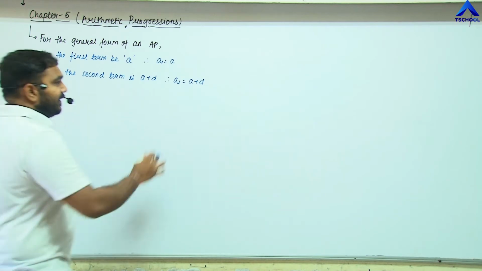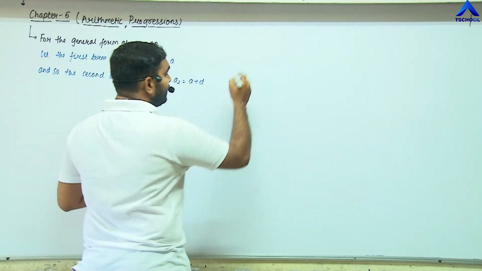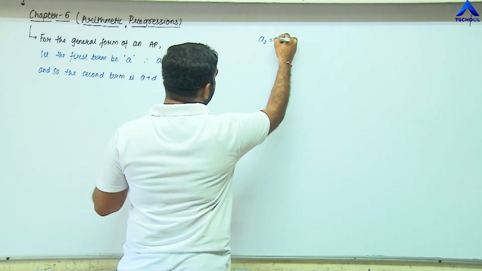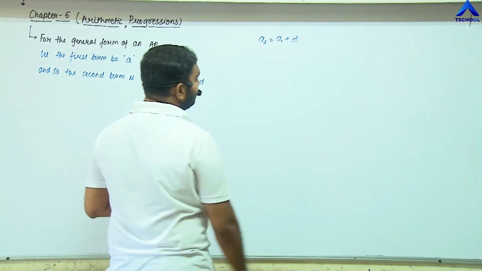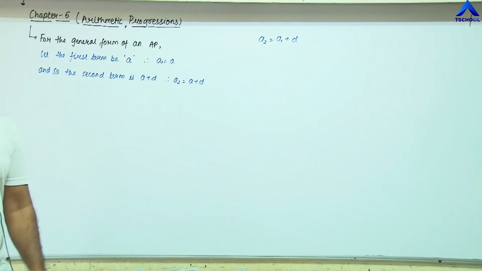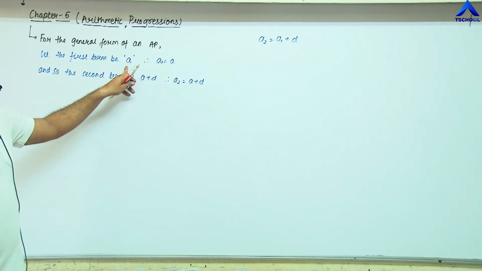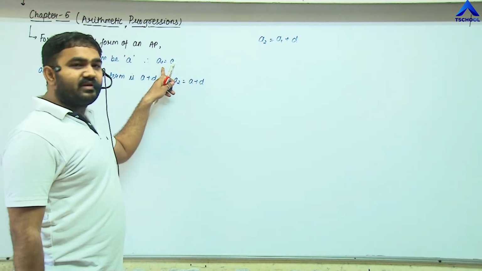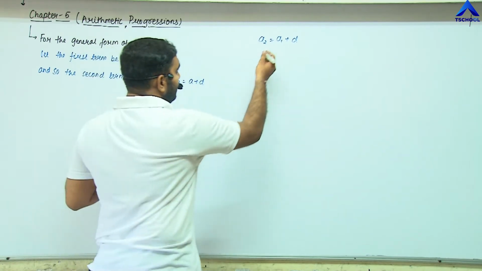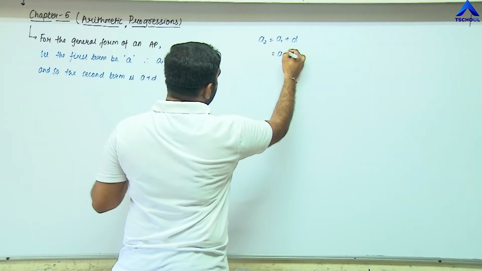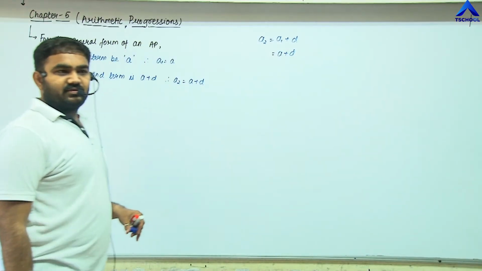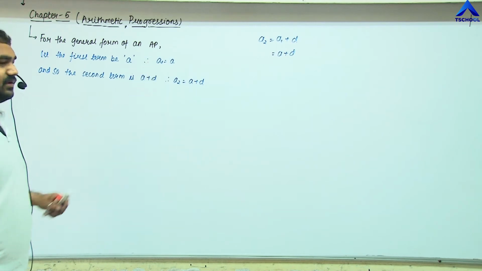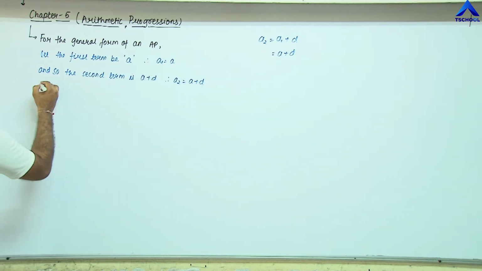If I want to find out the second term, what is the second term equals to? First term plus the fixed number, right? Now what is the first term here? A. So in place of A1, if I replace with A, then that will give me A plus D. Yes or no? So hence we got A2 equals to A plus D,